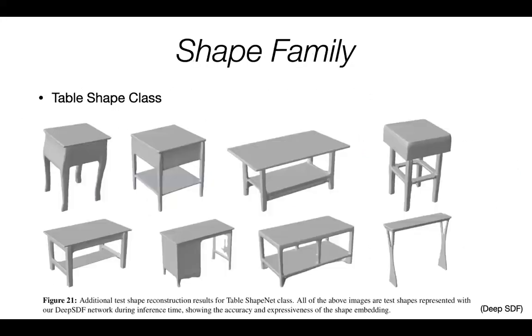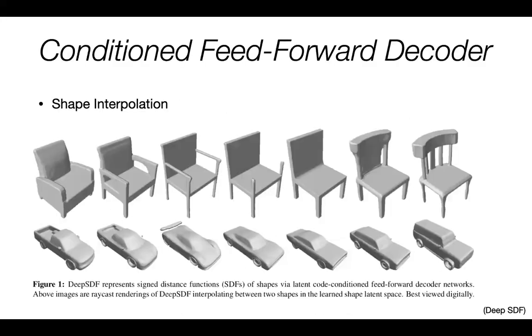Okay, and here are some examples of DeepSDF. This is a shape family that they learned. It's a family of tables, and they trained on all of them, and then there are different ones. But you can also do interpolation. Here we are interpolating the latent code from that shape to that. It interpolates very naturally, and you see that the arms of the chair are changing gradually, and the back of the chair is changing gradually, and everything, right? Very natural, and that means that